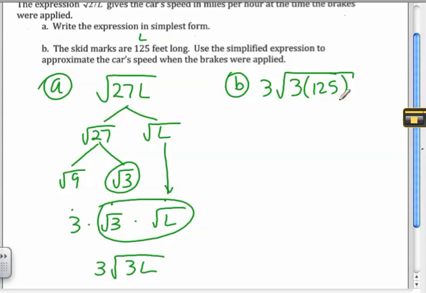Well, the first thing I have to do is find out what's inside this radical. So I'm going to need to multiply those. 3 times the square root of 375. Now, I don't know what the square root of 375 is. I'm going to just use my calculator. They didn't ask me to simplify it. They said use an approximation. So I can use the calculator and do second x squared, that's square root, 375, enter. That gives me this number,